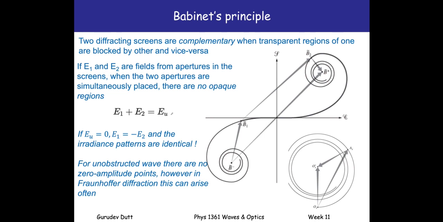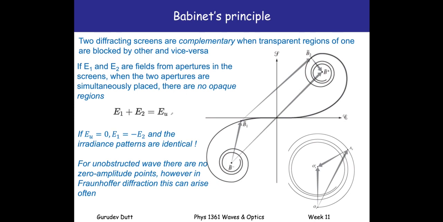Basically, the two apertures in the two situations are being placed on top of each other. So wherever previously there was light being blocked, we're now allowing light to go through. If there are no opaque regions, then E1 plus E2 is equal to EU, being the total wavefront. And if EU equals 0, then we see that E1 must be equal to minus E2, and the irradiance